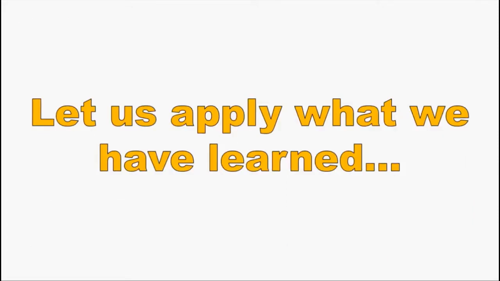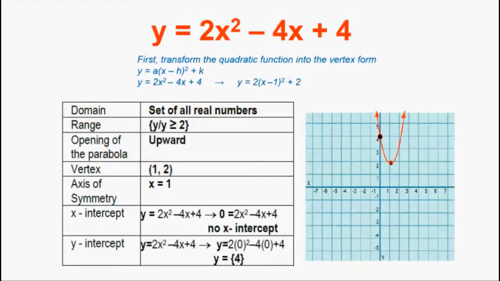Let us apply what we have learned. So, we have 2x squared minus 4x plus 4. Ito yung example natin kanina. At pwede din naman na i-transform muna din natin ito sa kanyang vertex form. So, we have y is equal to 2x squared minus 4x plus 4. Transforming it to its vertex form, we have y is equal to 2 times the square of x minus 1 plus 2. So, the domain is the set of